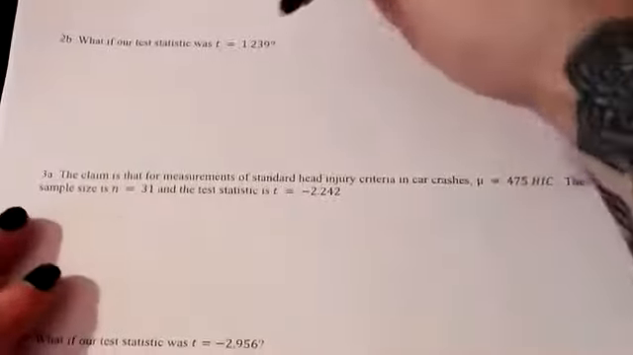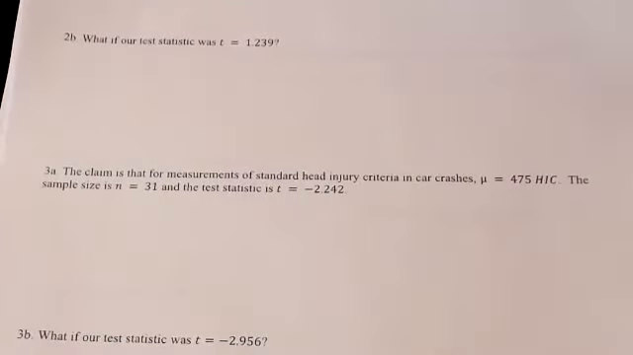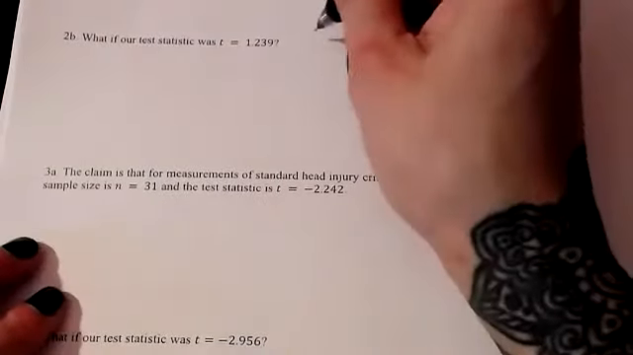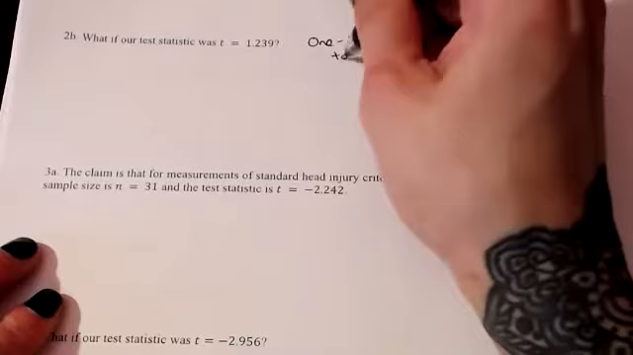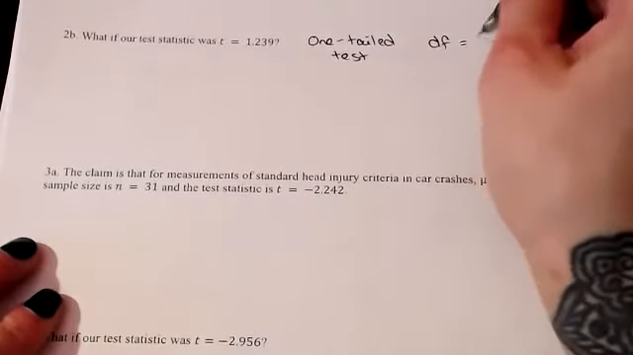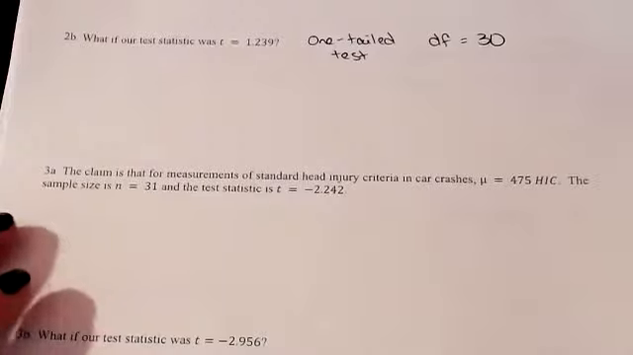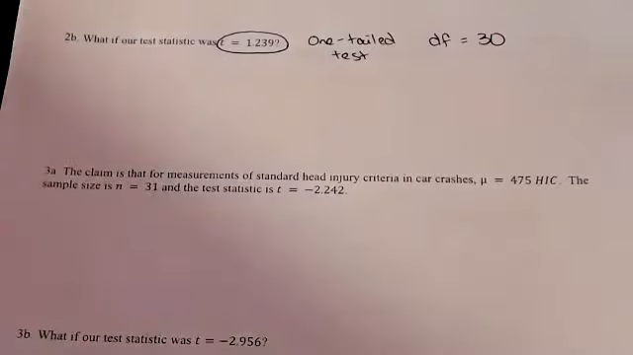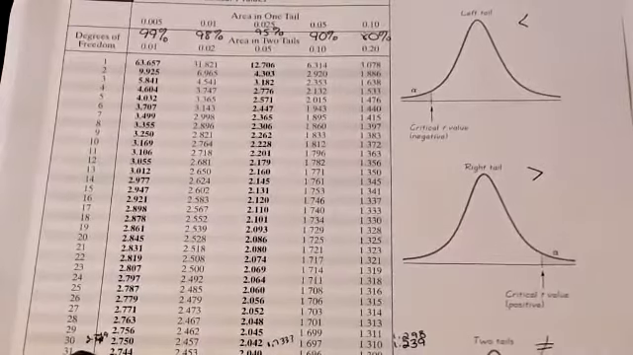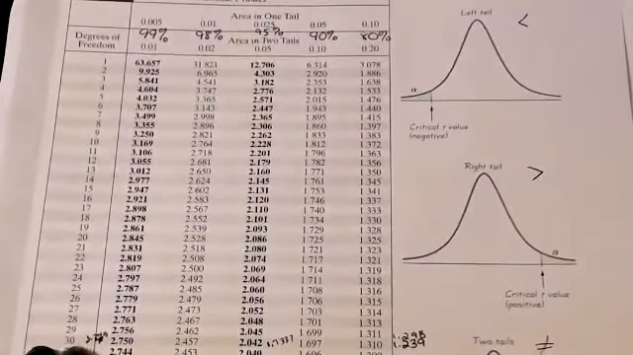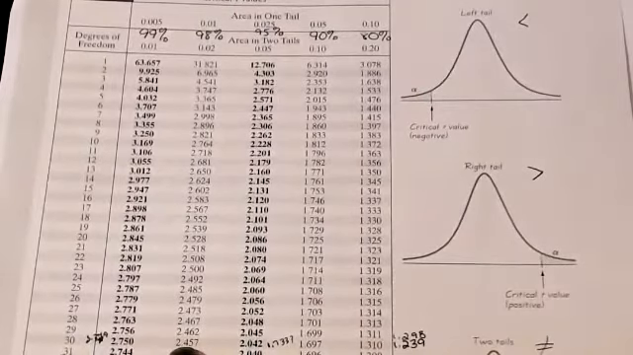What if our test statistic was t is equal to 1.239? We still know that this is a right tail test. It's still one tail, right? One-tailed test. We still know that our degrees of freedom are 30. So this time our test statistic is 1.239. Let's go to our chart. Degrees of freedom 30. Here we have it. We're going to look at each value and see where 1.239 would fall. Still not here, still not here. Aha,